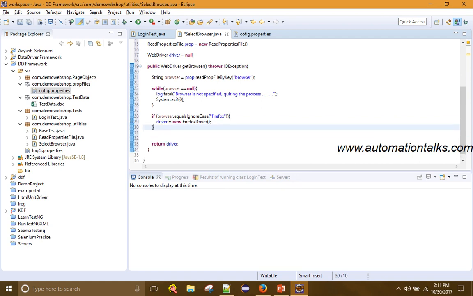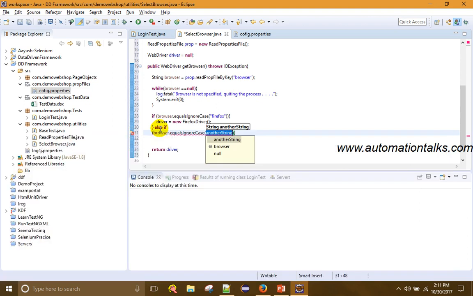Else if your browser dot equal ignore case, if it is Chrome, then what should happen is then you should set